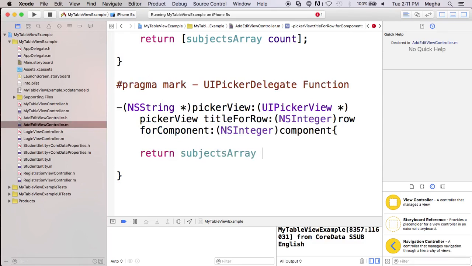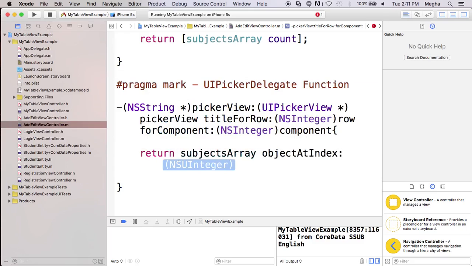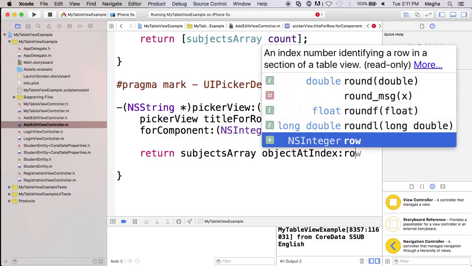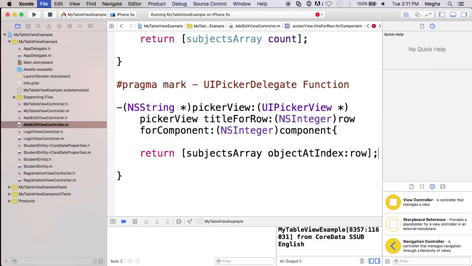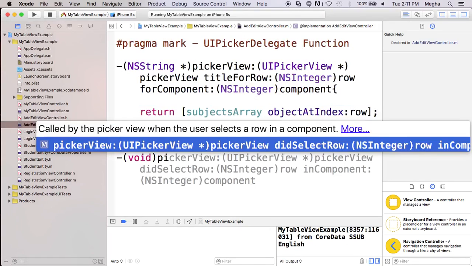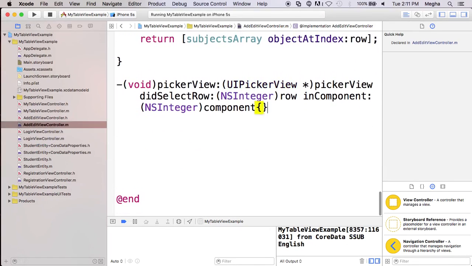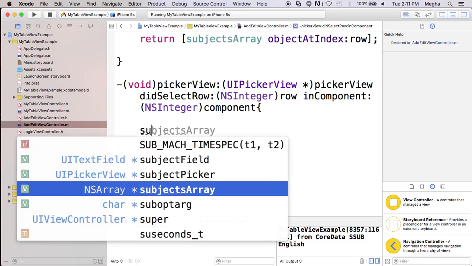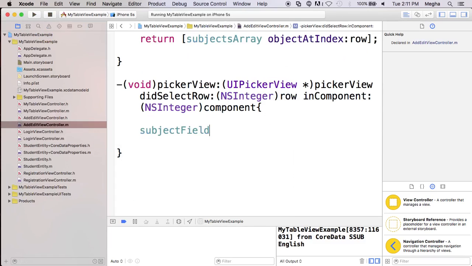Subject array, object at index. Another one is void, did select row. As soon as a value is picked from the picker, what you have to do. So the subject field is going to have that